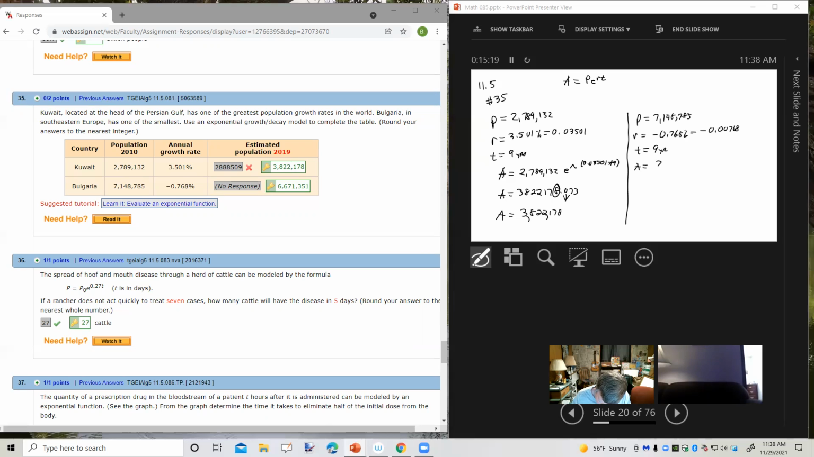So A equals 7,148,785, e to the parentheses negative 0.00768 times 9, and I can do that all at once. So 7,148,785 times e to the negative 0.00768 times 9, close it up, and I get